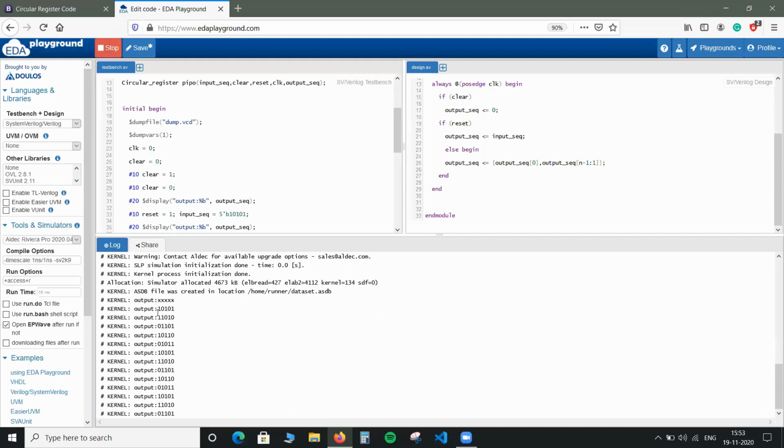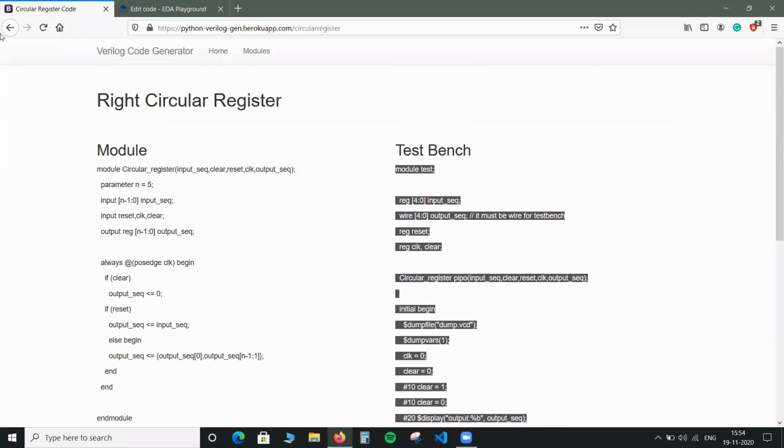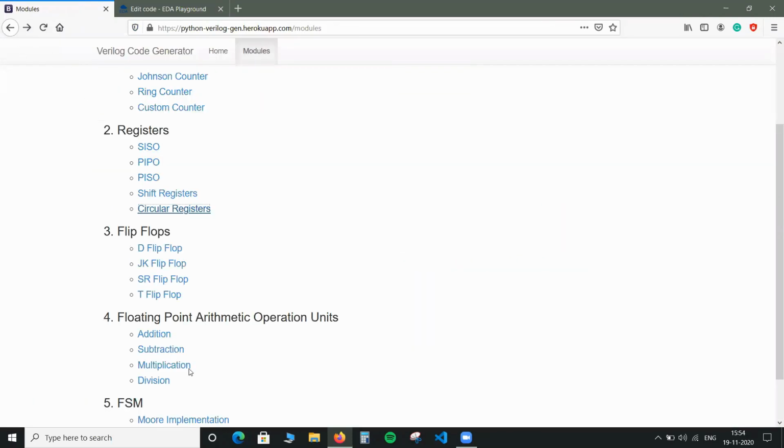Here you can see our output initially has the input value, then you can see the value of 1 got shifted in right, like the LSB got shifted to the MSB, and the second bit 0 comes forward, and this process goes on. So from that we can say that the code is working fine for right circulation. After having the demo for registers, we go ahead to flip-flops.